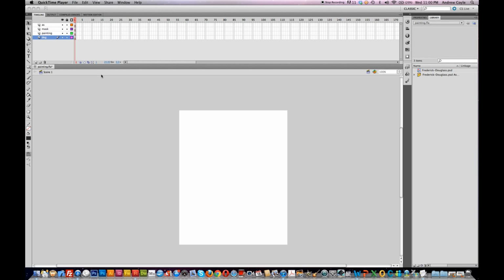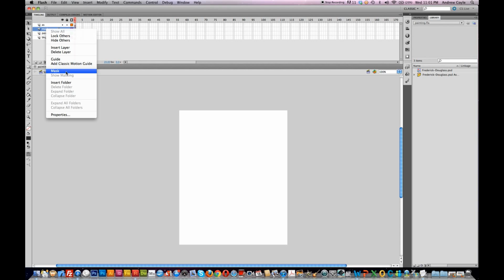Hey, this is Andrew. Today I'm going to show you how to create a fade-in mask in Flash here. Usually when you do a mask, you have the layer that is actually going to be masked, and then the mask layer, and you right-click on the mask layer and hit Mask. The problem with this is it gives you a rough transition. You don't have the ability to fade things in and fade things out. So what I'm going to show you today is a technique to do this simply with a few lines of